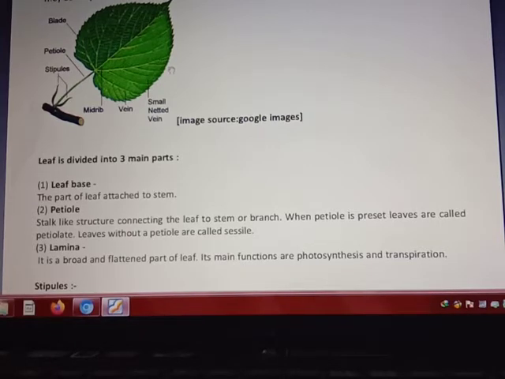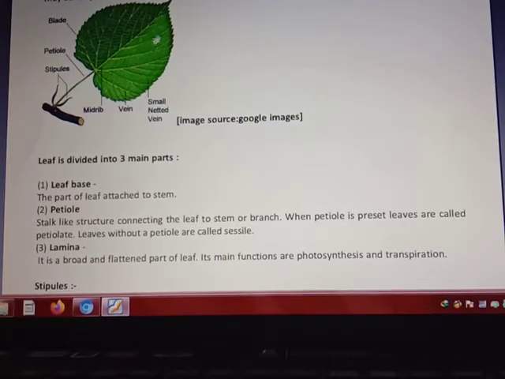Now the plants in which both surfaces, upper and lower, are the same are known as isobilateral leaves. Iso means same, bi means two, lateral means sides. The leaves in which the upper and lower sides, that is, the adaxial and abaxial sides, are the same are known as isobilateral leaves. This is one point. Second point, in some plants, in the leaf, the upper side and the lower side, that is, its back side